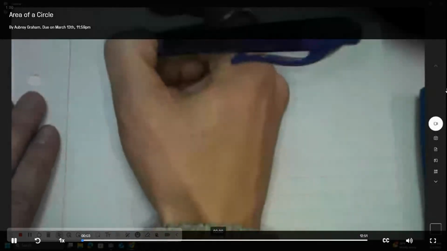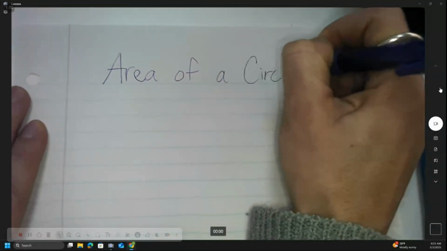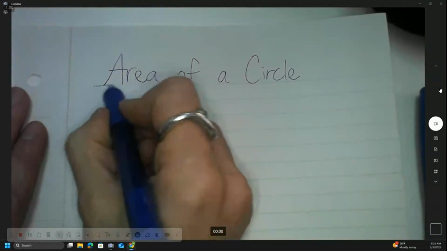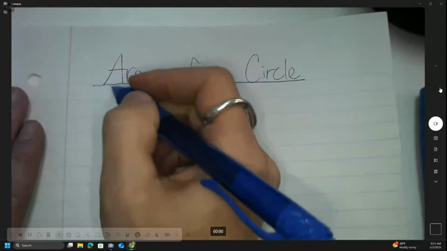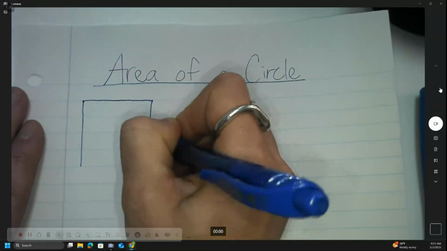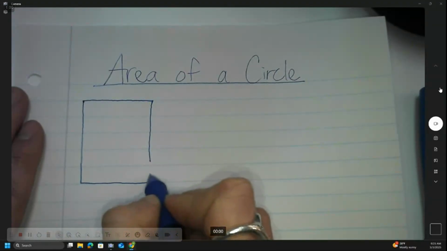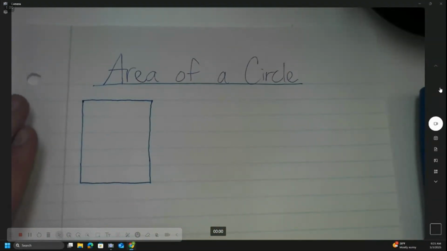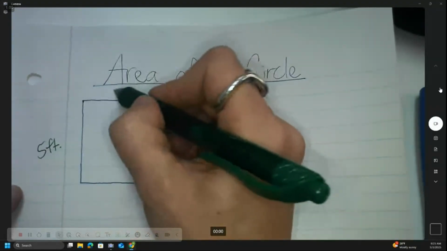Next lesson is solving for the area of a circle. So, real quick review of what area even is. Let's say that you have a garden, and the garden is 1, 2, 3, 4. Let's go one more down. It's going to be a 5 by 4 garden. 5 feet. Well, yeah, it's a small one. 5 feet by 4 feet